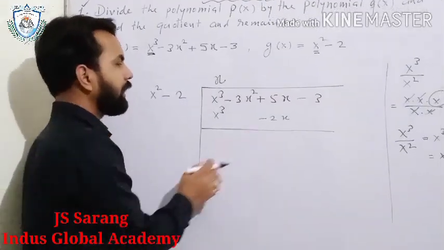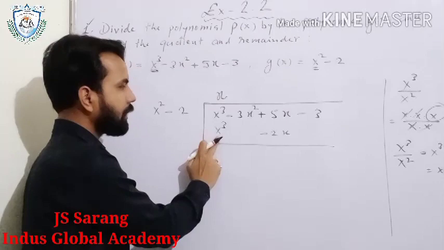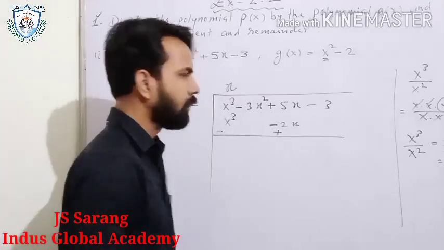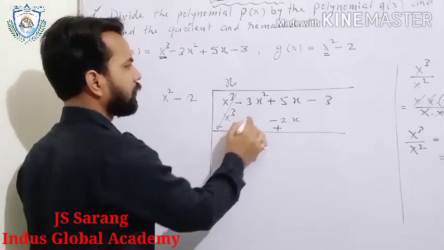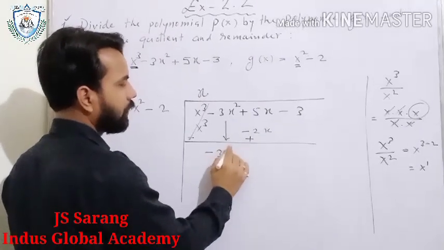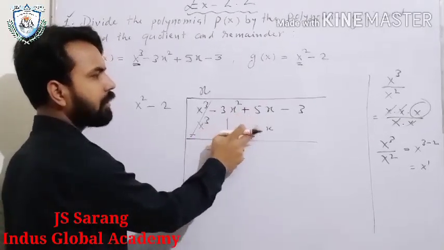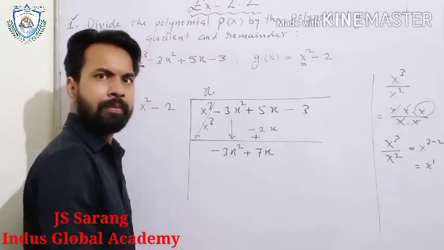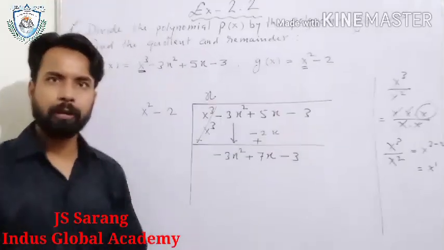Now see, after doing this we will subtract these values. So on subtraction the sign of the lower values will be changed. This x cube is positive, so it will be negative, and this is negative, so it will be positive. Understood? Now this x cube is positive and this x cube is negative. Both can be cancelled. So what is left? Minus 3x square. So we will write here minus 3x square, and plus 5x and plus 2x. 5x plus 2x will give you plus 7x. Now, the remaining term is minus 3. So we will have to note minus 3. Hope you are getting this.